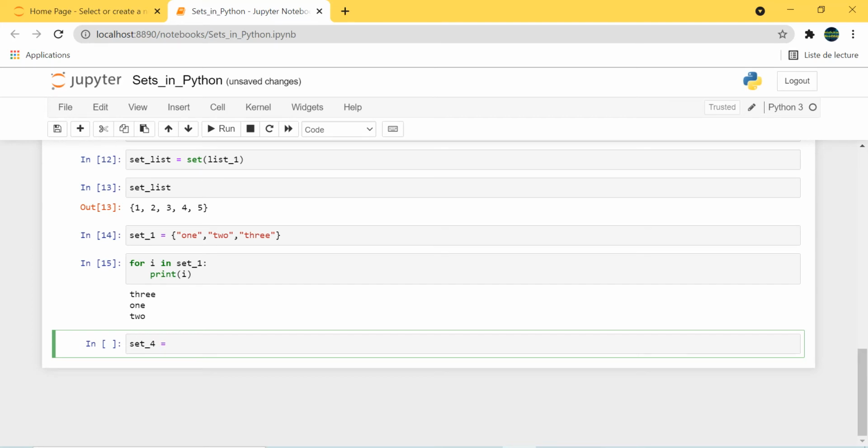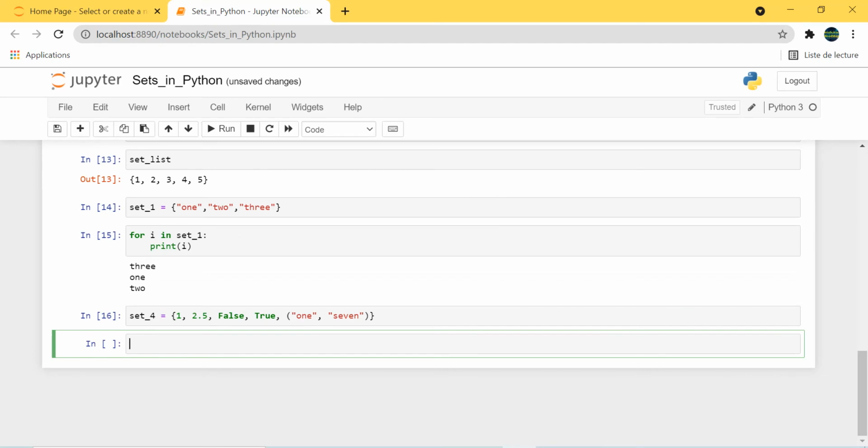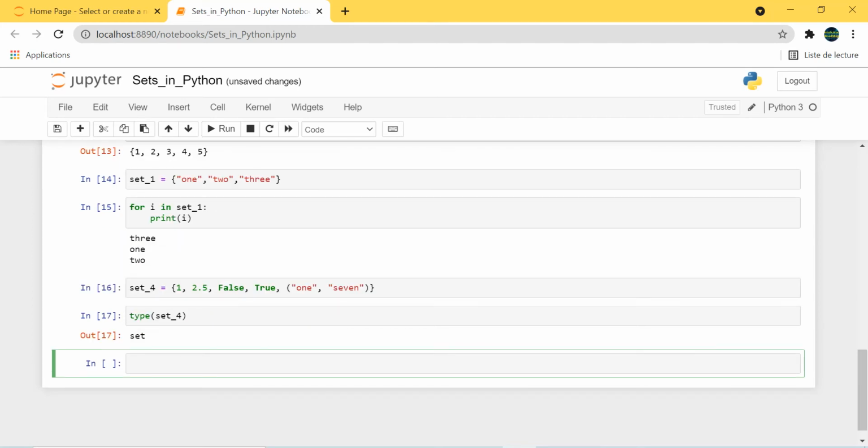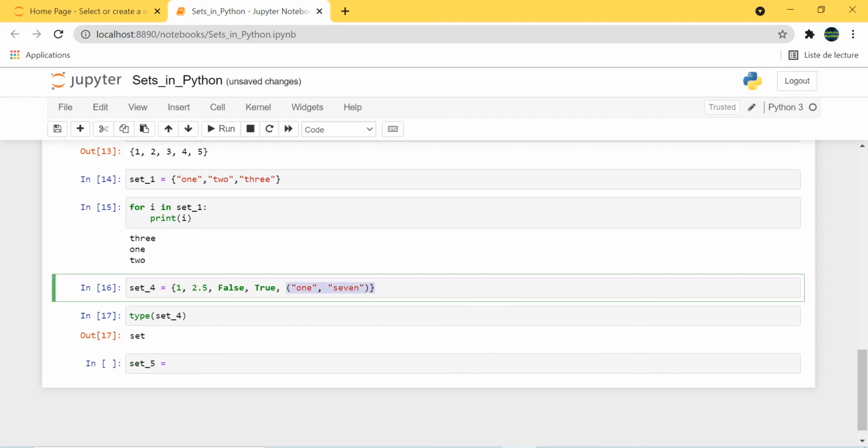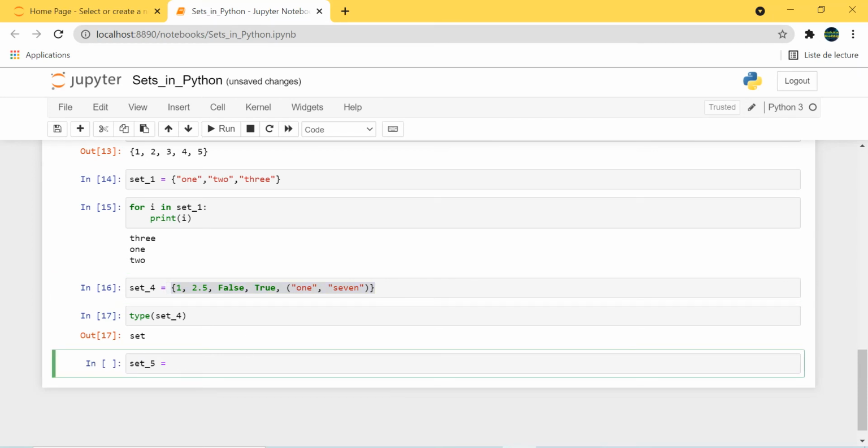As we have said, we can have any data type we want inside a set. So we have, for example, 1, 2.5, false, true. We can also have, for example, a tuple, so for example 1, 7. It will create this set of type set, set4. But if we try to have a list inside a set, for example we copy it first and change this to a list,